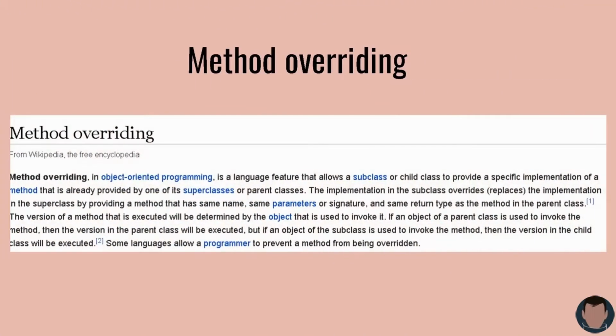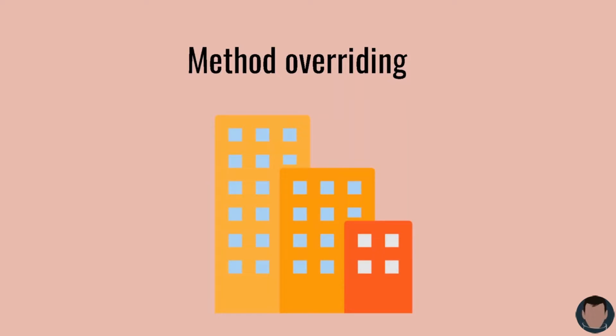The second main core concept of Flutter is method overriding. According to Wikipedia, it's when a subclass or child provides a simpler implementation. Yes, the definition is quite cringy. So consider it as building a house with the same components, same name, same material, but just of different width and height. It means instantiating from one class to another. I know, theory isn't everything. You won't understand each and everything from theory, but just get some idea about method overriding. It's about building an entirely new class from the subclass, just with some changed parameters and attributes.